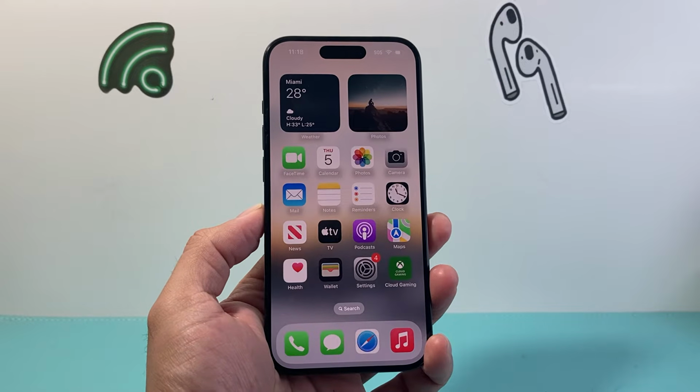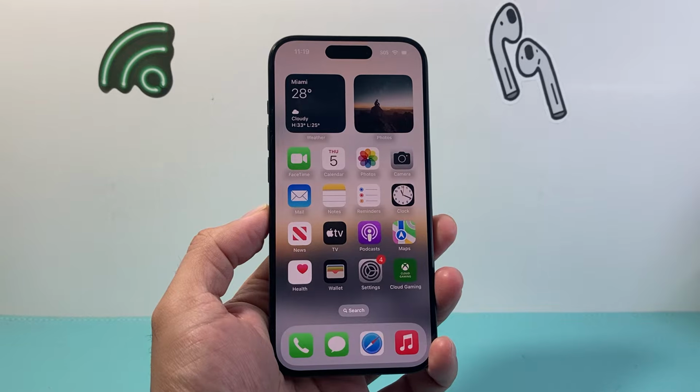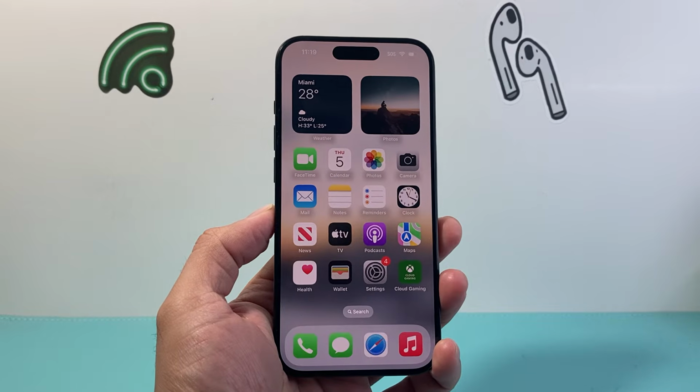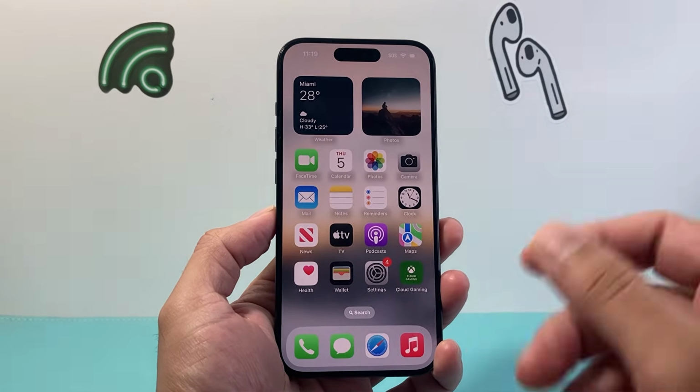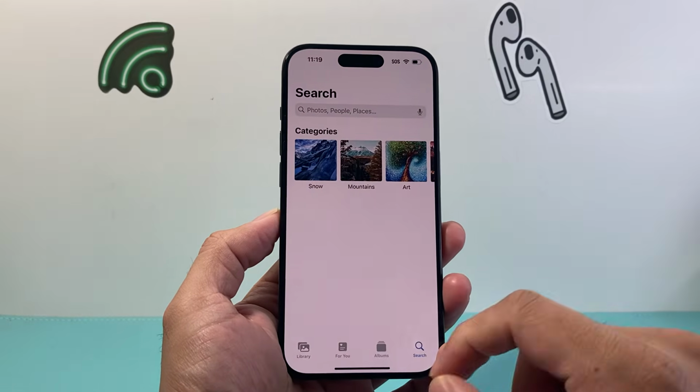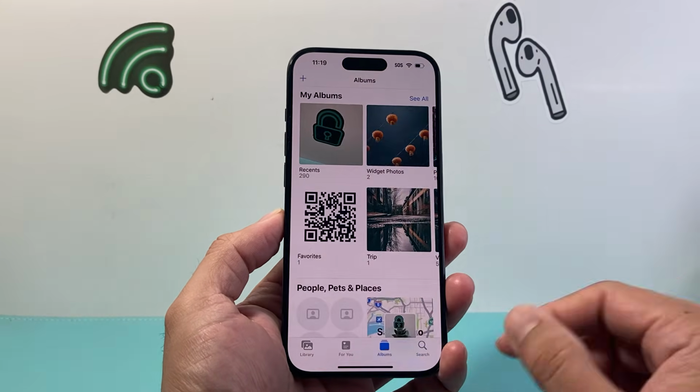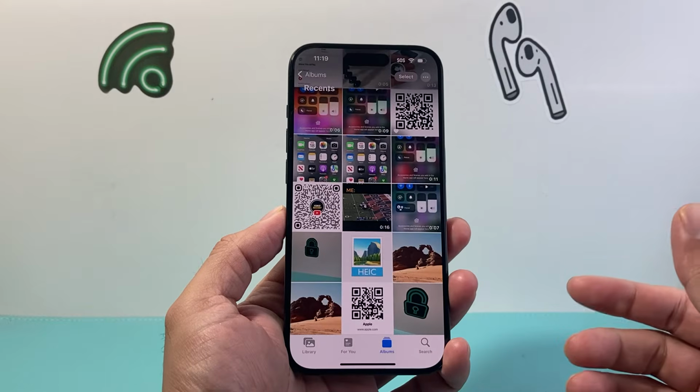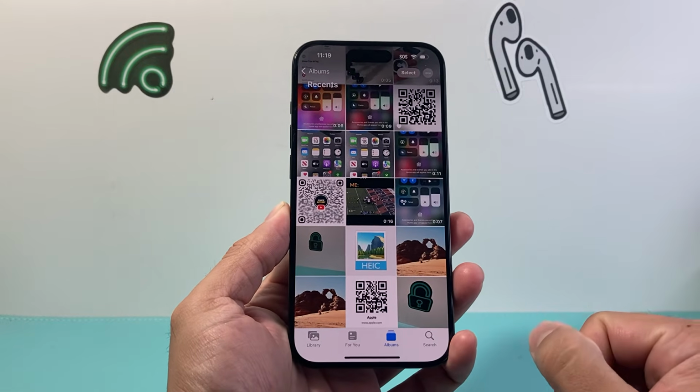In today's video, I'm going to show you how to convert an iPhone photo to JPG. So let's get started. Now, first thing you're going to do is find the photo in the Photos app. So I'm going to go ahead and pick a photo. So open up my recent album, and let's say I want to change the format of a photo like this